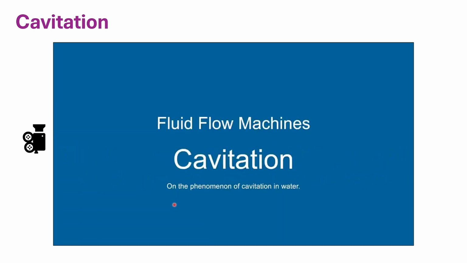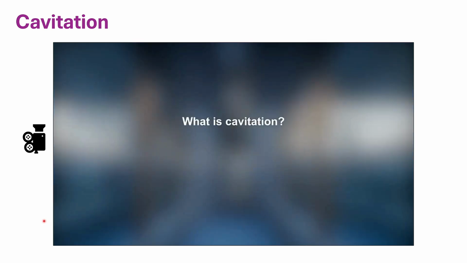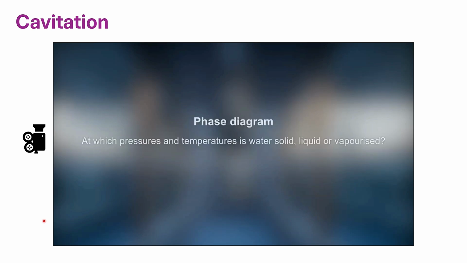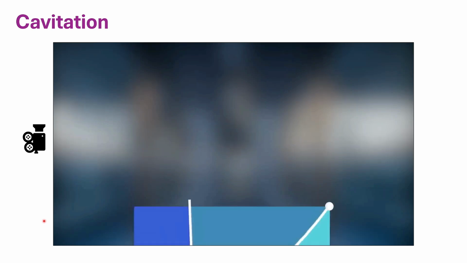In this series, we are going over the phenomenon of cavitation in water and its consequences. What is cavitation? Cavitation is the rapid formation and collapse of vapor bubbles within a liquid. Such cavitation bubbles are formed mainly in locations within the liquid where the static pressure becomes smaller than a liquid's vapor pressure. The phase diagram of water shows if water is in its gaseous, liquid, or solid state, depending on